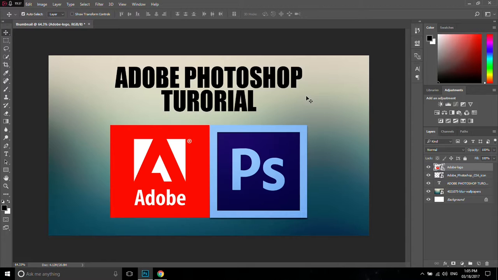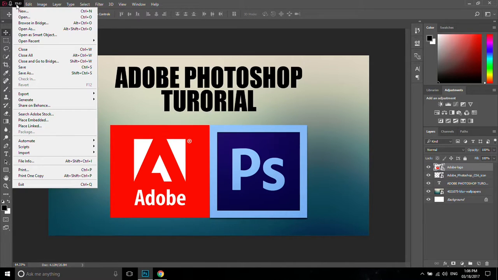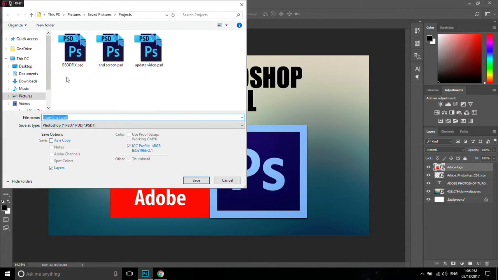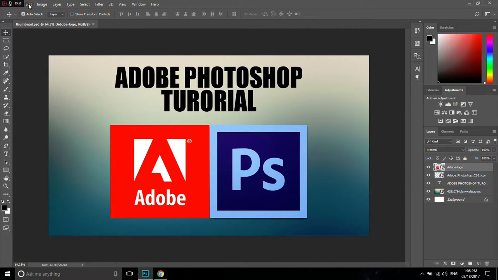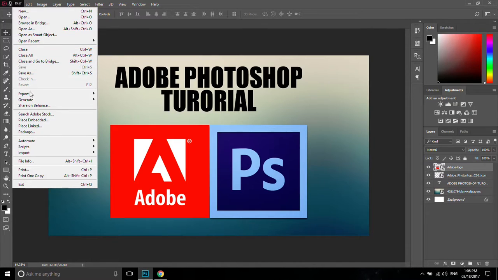So once you're done, go over to File and hit Save. The PSD is the Photoshop extension, and you hit Save. Then go back to File and go all the way down to Export. And don't export as PNG, export as